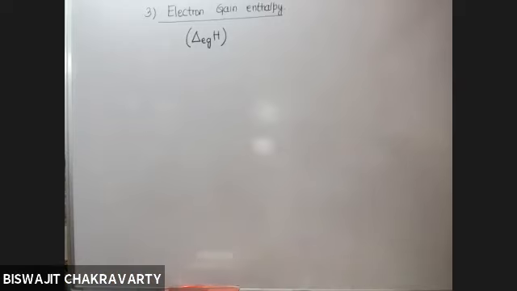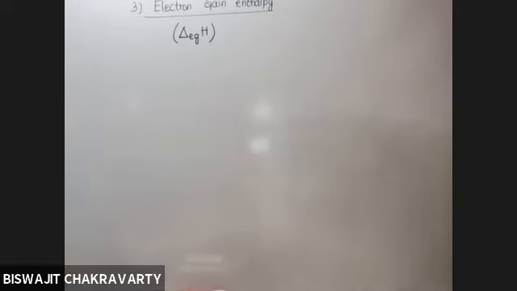So, as the name implies, you are gaining an electron, and during the gain of an electron, the energy change that takes place is referred to as electron gain enthalpy. Let me repeat again, what exactly is electron gain enthalpy? Write down the definition: